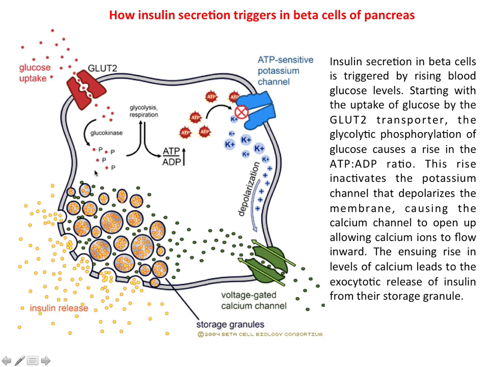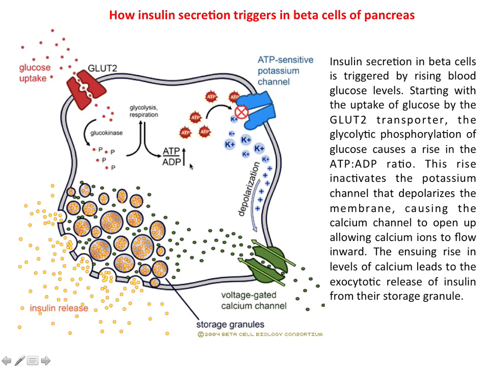This beta cell has a specific transporter which is called GLUT2, and when the blood glucose level increases, this glucose is taken up by this GLUT2 transporter, and once glucose comes inside the beta cell, it is phosphorylated and goes through the glycolysis pathway, and finally ATP is generated, and